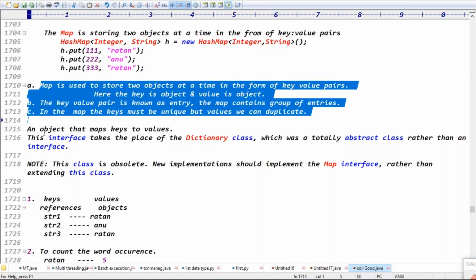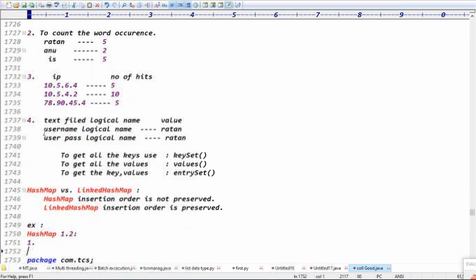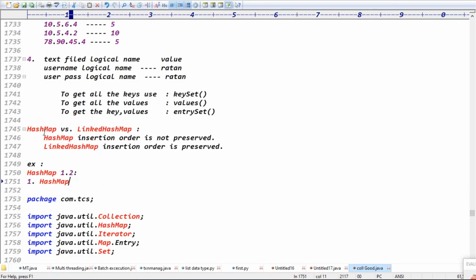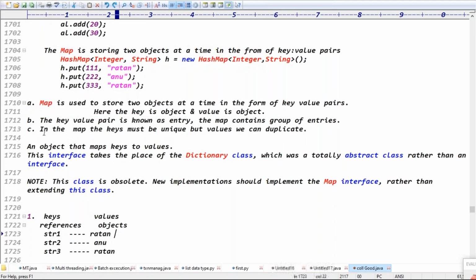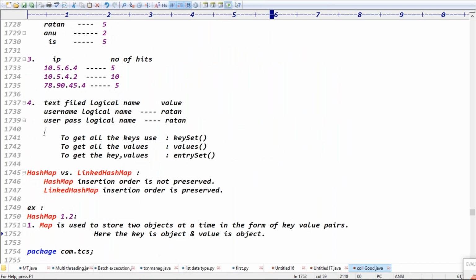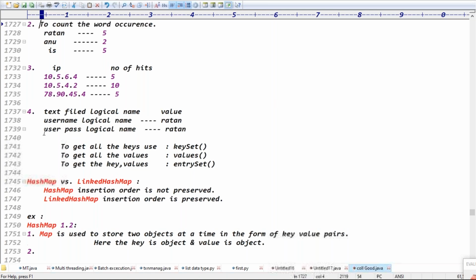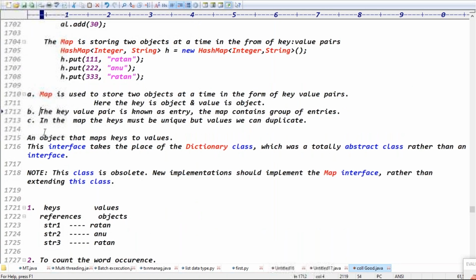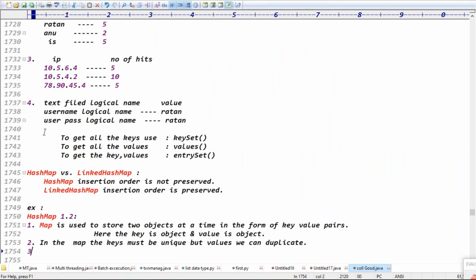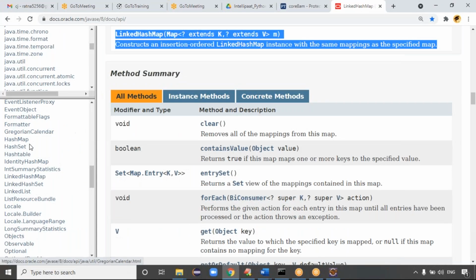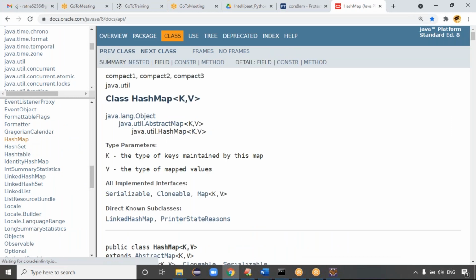Just give me a second. Let me make this material very good. So the map is used to store key value pair format, guys, which is nothing but objects. Key is an object and value is also an object, right? That is the first point, guys. The second point is what the keys must be. Keys must be unique in the map. Values can be duplicated. That is the second point here. And the third point is implementation, guys. HashMap is what type of implementation, guys?